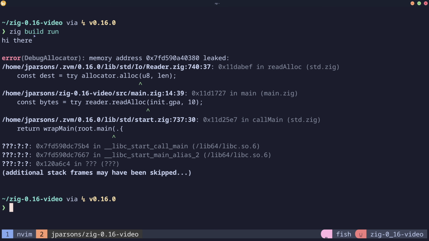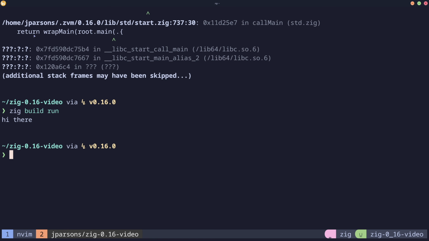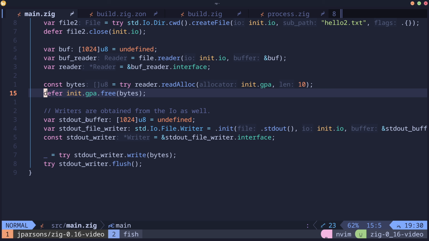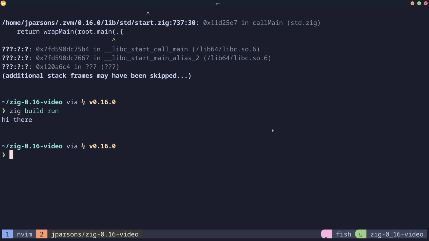And there we go. We get hi there. And then, as I said, it's a memory leak. So let's rerun it. And there we go. So we're reading hi there, and then we're writing it out to standard out. But now, as I talked about earlier, if we get rid of that and point it to file 2,